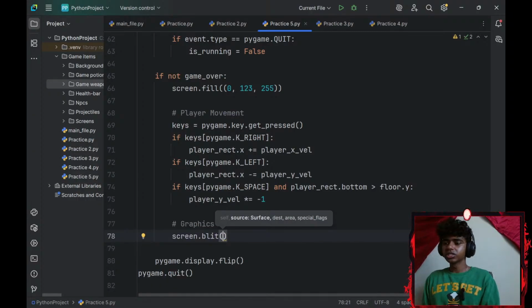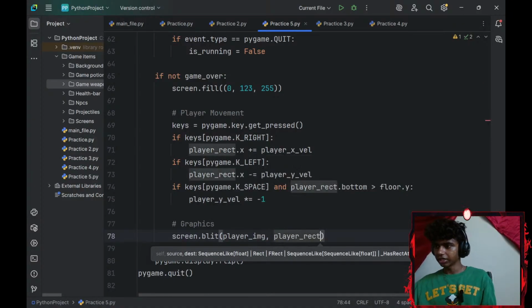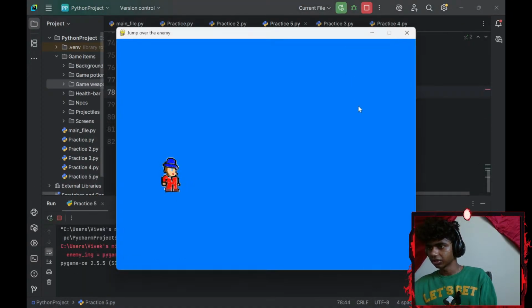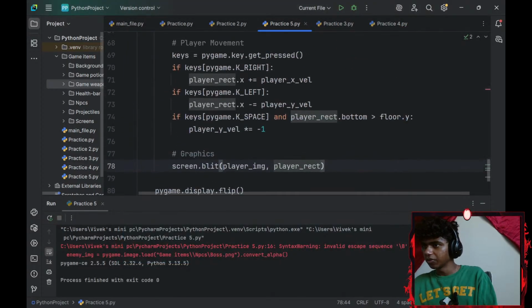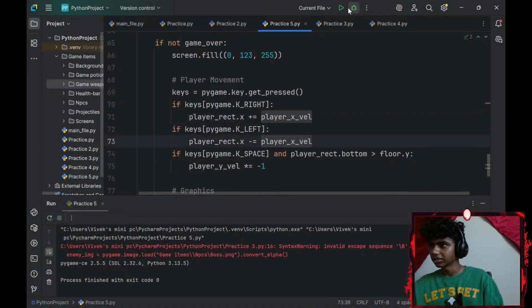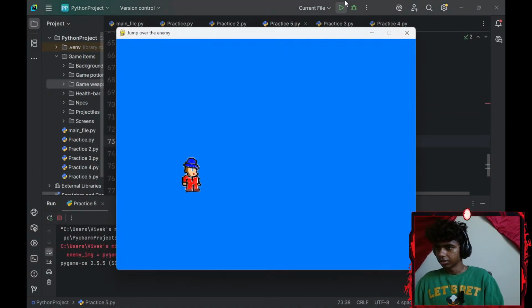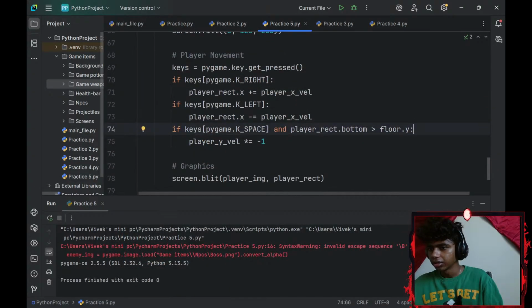Alright, so I'll go with screen.blit. I'll blit my player_image, player_rect in my screen. I just want to test this out. If I jump, I can move. Okay. I can move. There should be one minus equals x-axis. There. Okay, so I do need to add a